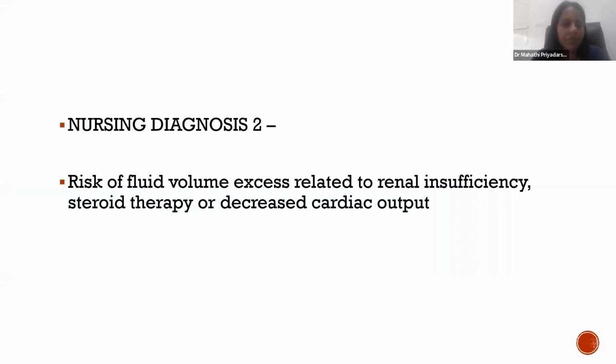So nursing diagnosis 2, what is it? Risk of fluid volume excess related to renal insufficiency. Like in cadaveric donors, it takes time for the donor kidney to function properly and pour out urine. So volume overload can occur due to kidney insufficiency when the kidney has not started functioning properly,